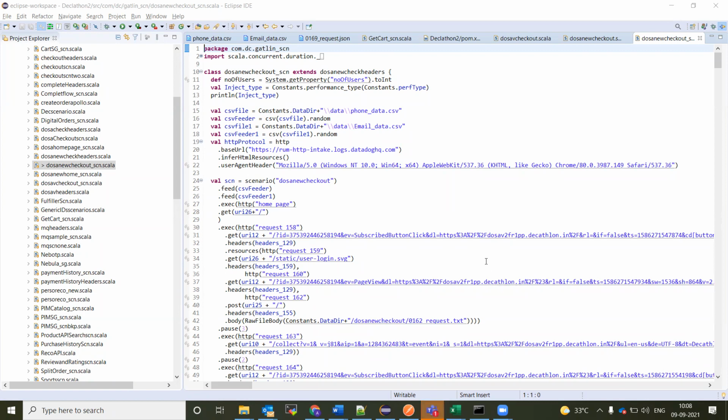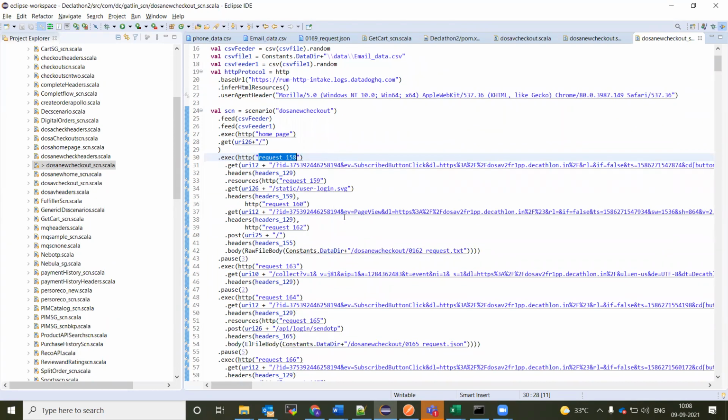So here I haven't removed all the files, but most of the HTTP calls and other things I have removed, just to see the complete flow. For example, here I have the home page and the subscribe button. All other related endpoints I have removed from here. If you see, the first request itself has 158, so I have removed all 157 requests. It is not recorded for me, and I have removed the entire things.